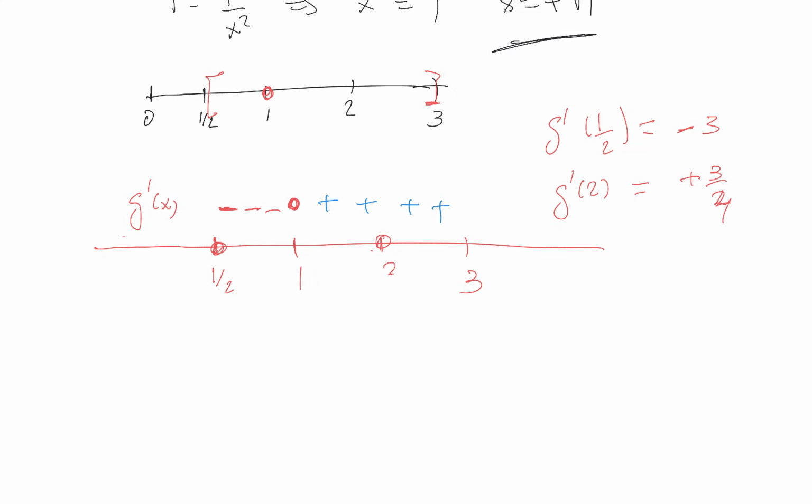So the curve will do something like this: negative slope, and here positive slope. That says that at x equal 1 you have a relative minimum,